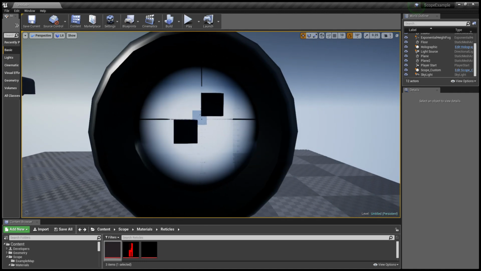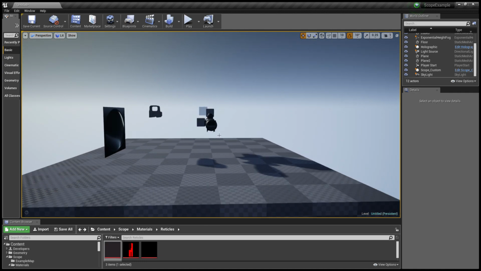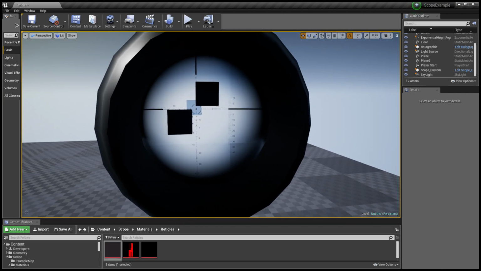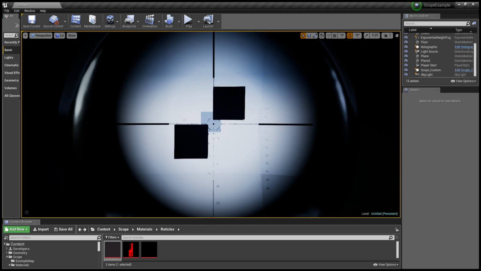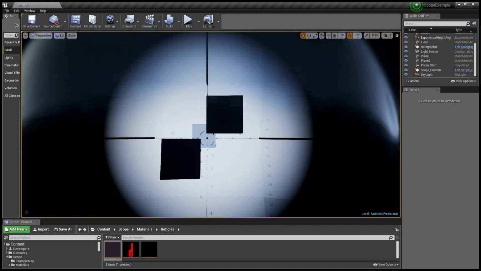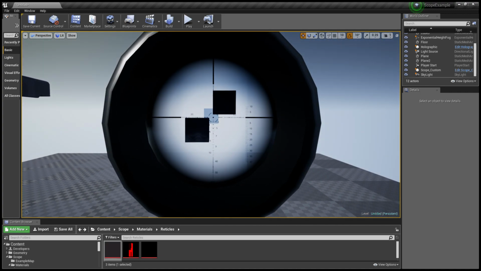So as I move across, you'll see the edges fold in. As well, zooming out, we'll fade it to black. And zooming in, we'll move these edges in and out. You can see. All right, so I'll show you through the material here, and for that we're going to go